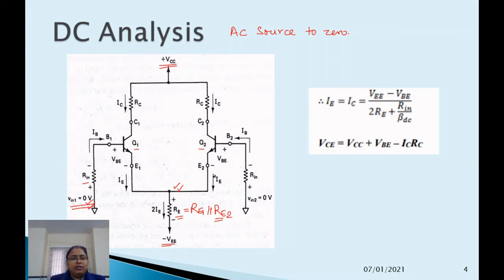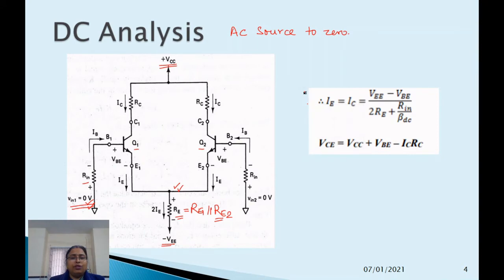When we see the equivalent DC circuit analysis, we see the circuit is the same for all the four configurations, and we have covered this DC analysis in detail in the first part, that is in the dual input balanced output configuration part. So it will be applicable for all the four configurations.